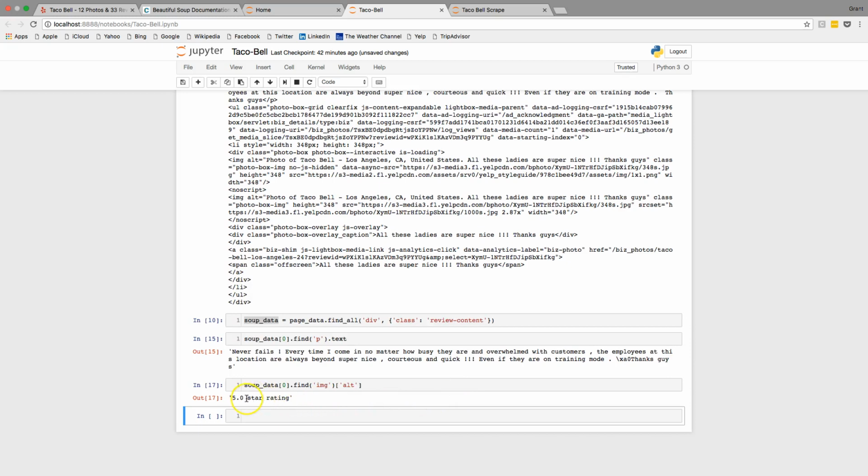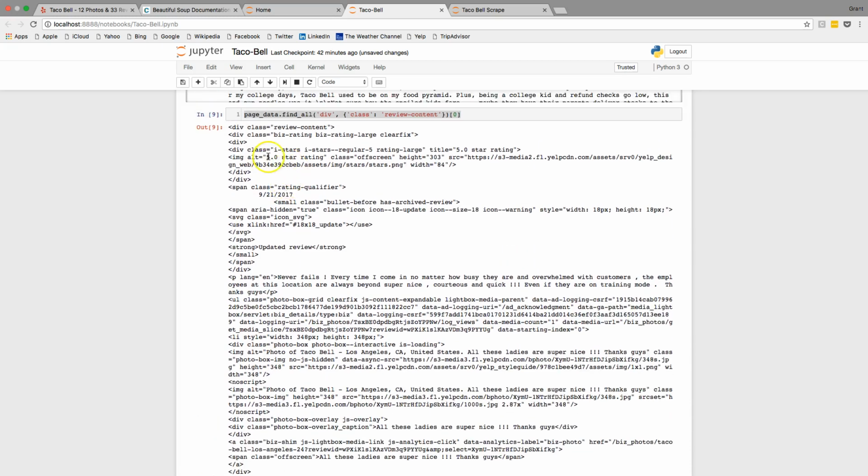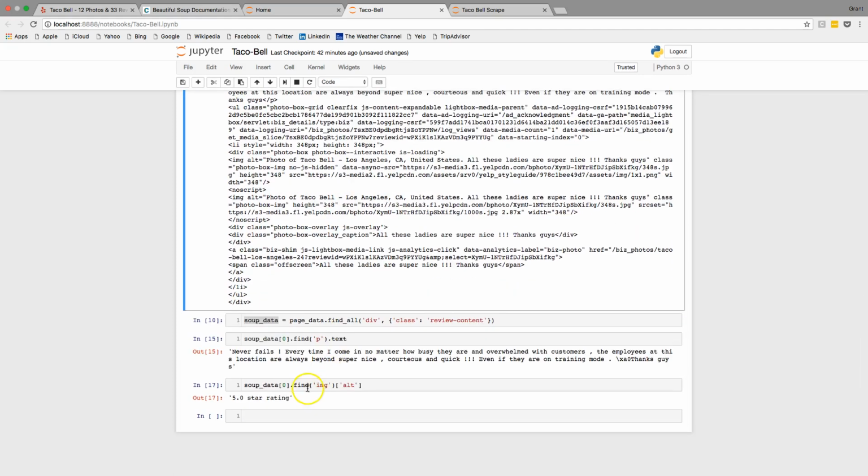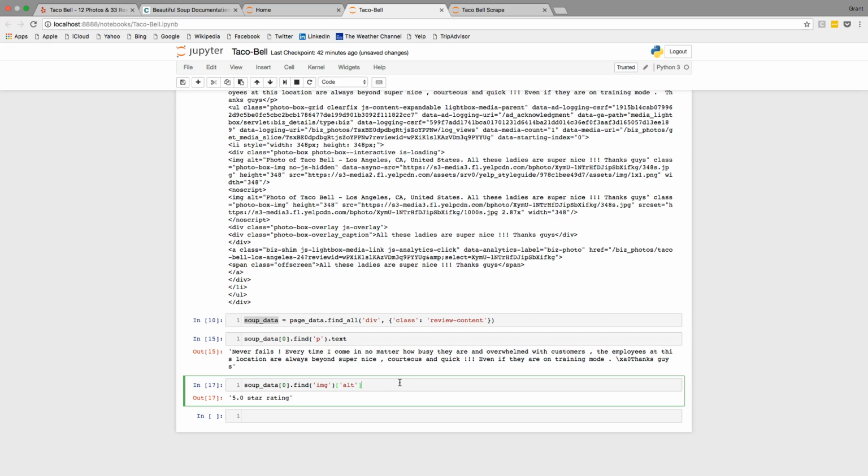And we get 5-star rating. So lo and behold, we can pull out the 5-star rating from this soup here. So that's good. But what if we don't want all this other stuff and we just want the numerical value for the 5-star rating? Maybe we're going to do some machine learning, and so we don't want the text, we just want the number. So what we could do is split,